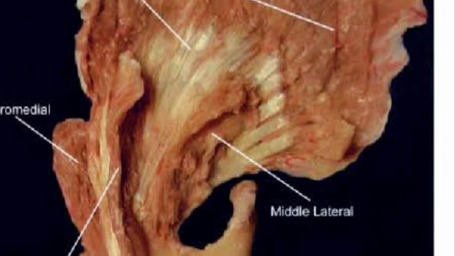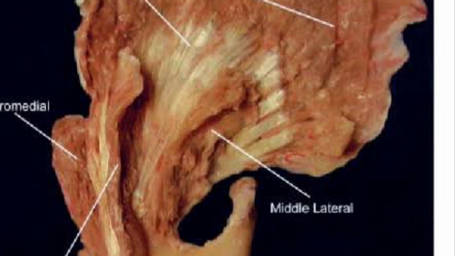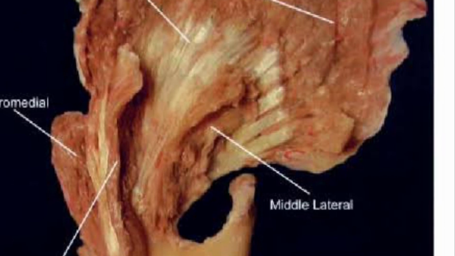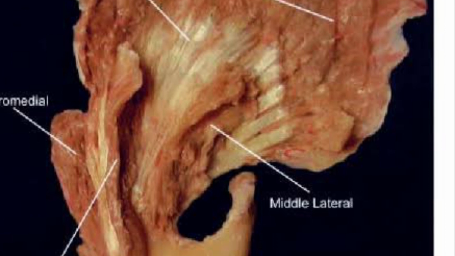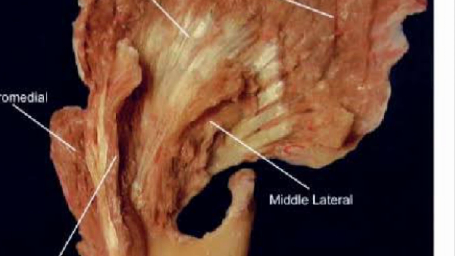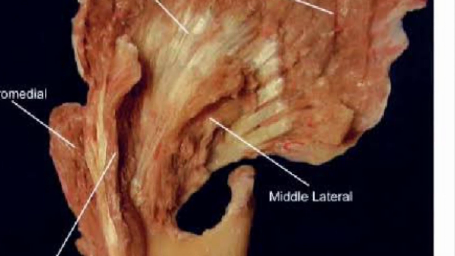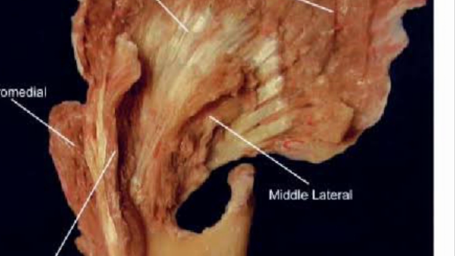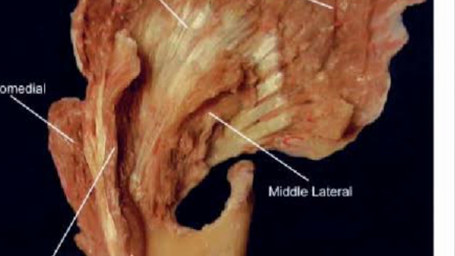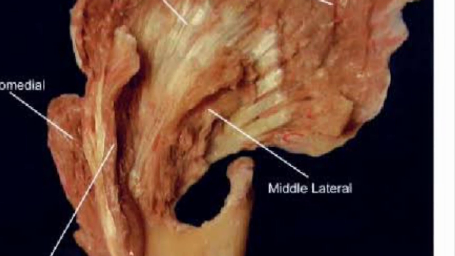Both anterior and posterior fibers converge into a narrow tendon that runs medial to the zygomatic arch, and this tendon inserts onto the apex and medial surface of the coronoid process of the mandible. So this is a broad muscle. The innervation of the temporalis muscle is by the anterior, middle and posterior deep temporal branches of the anterior trunk of the mandibular nerve, V3. So it's supplied by the trigeminal nerve.